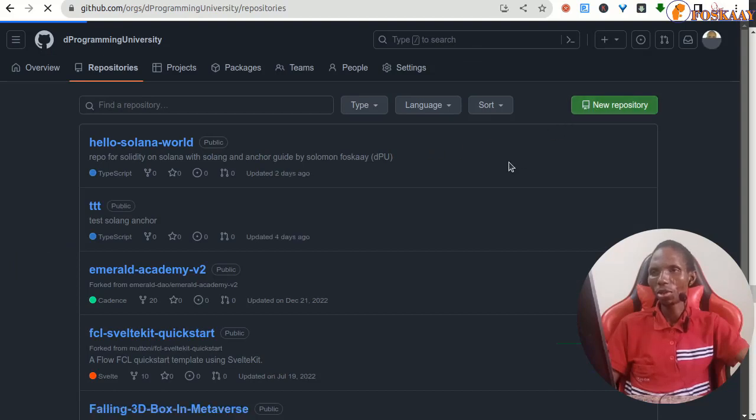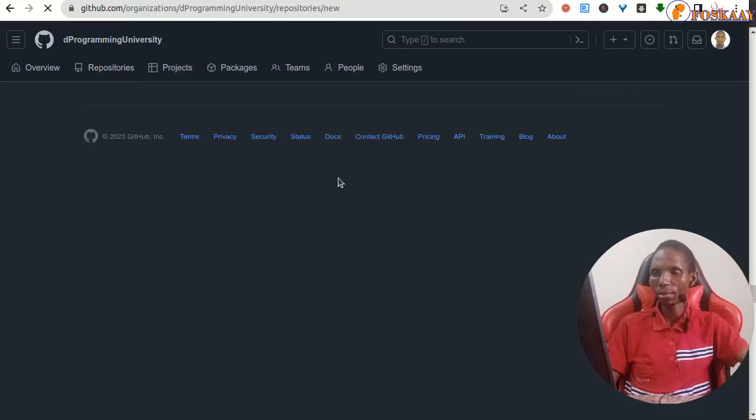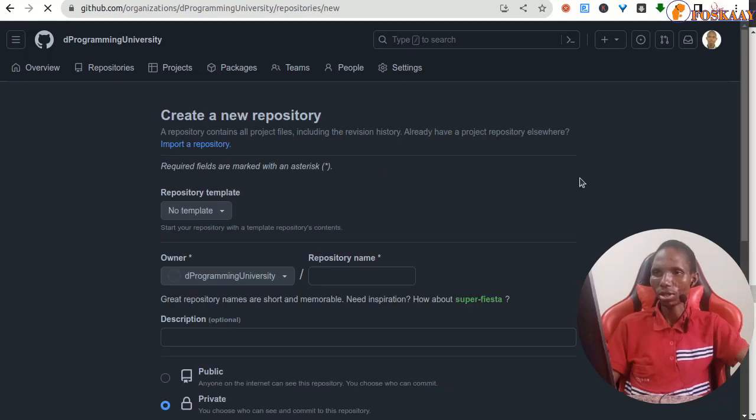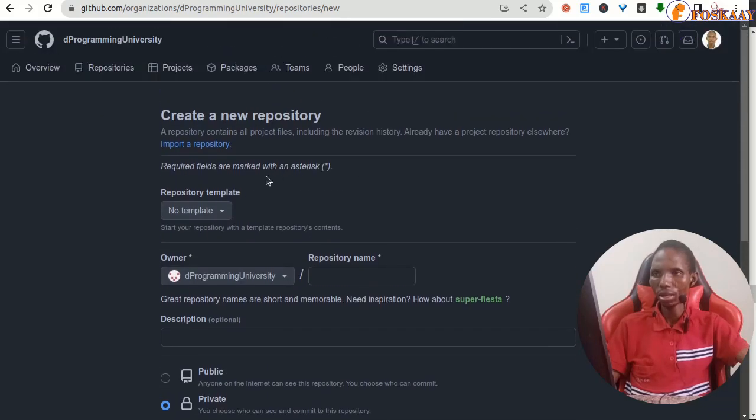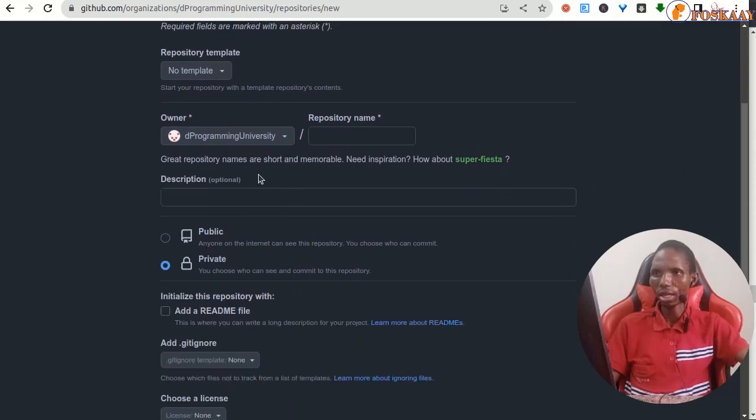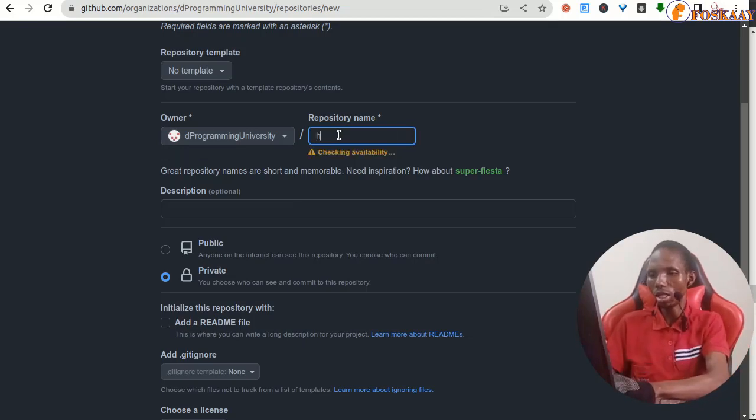We set up a new repo. So the hello, I have it here, but I want to take you step by step as well. I already used that for the text version of the guide, so we have this already. We are not using a template. Choose your account; if you have multiple accounts, you just choose the one. Then the repo, make sure it's the same name. That makes it better. Hello Solana